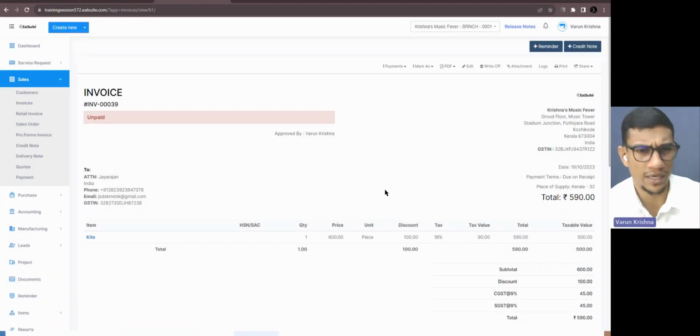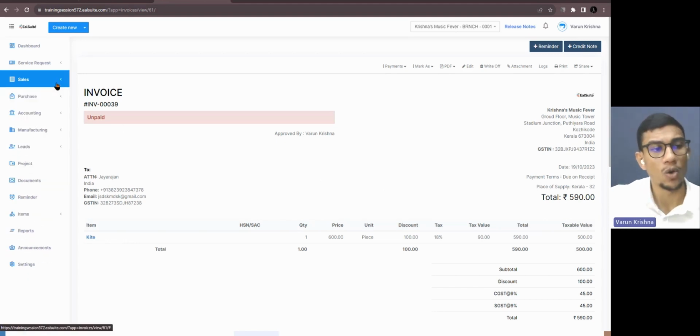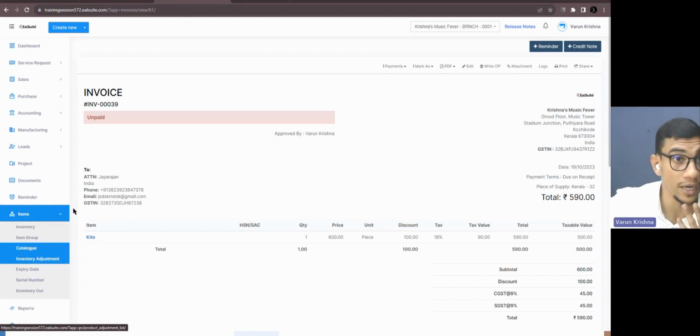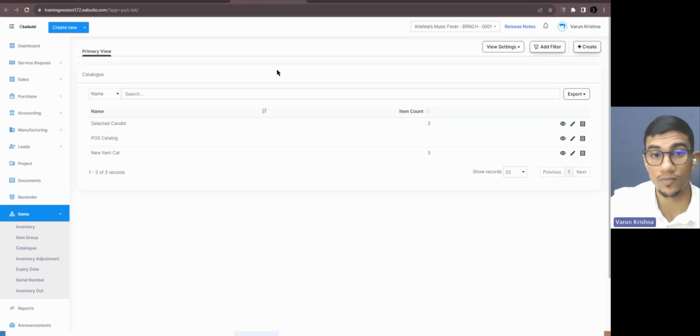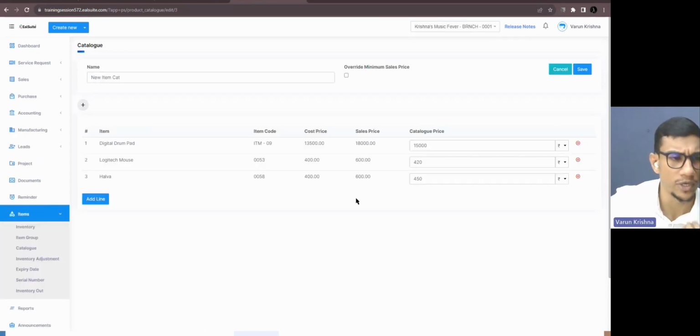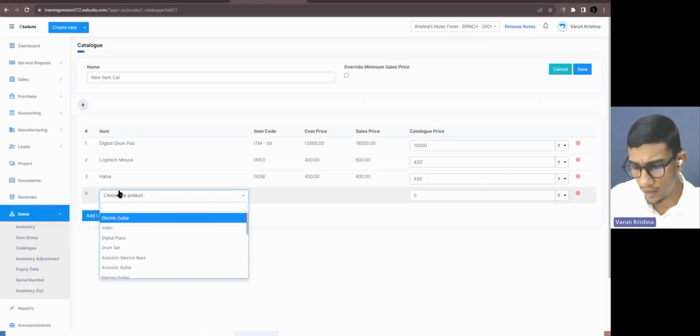Now, there's another catch in here. The update is not done. The next thing we can do is, or the next question is, what happens while we are creating catalogs? While creating a catalog, what happens? So we have a new item catalog already created. So now I'm not going to create a new catalog. Let me add the item here. So add line and